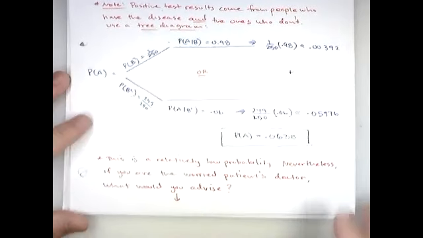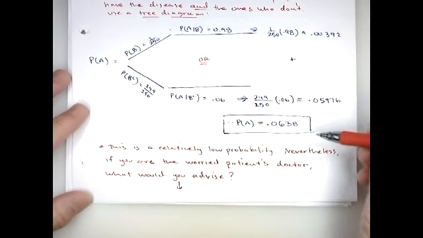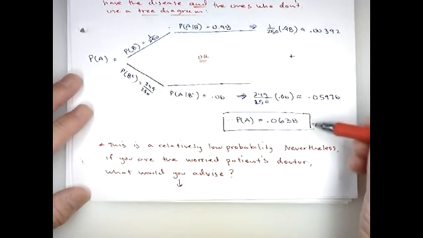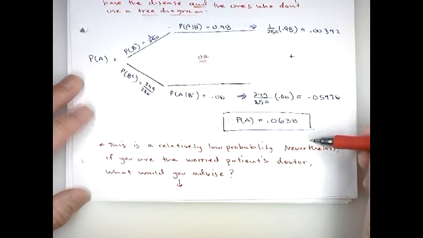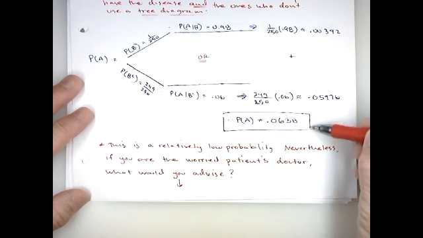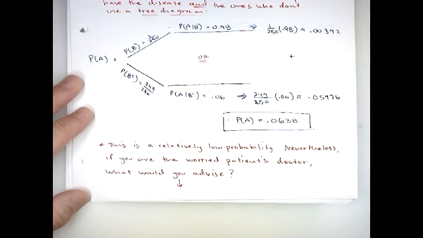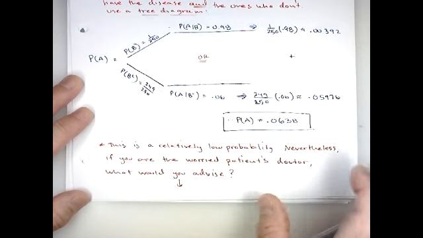Nevertheless, put yourself in the doctor's position. If your patient got a positive test result, they would still be a little bit worried, right? That they have the disease. So what would you advise as a doctor? I know what I would do. I would advise them to take the test again, right? Because